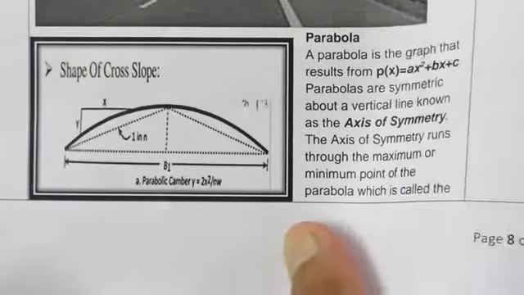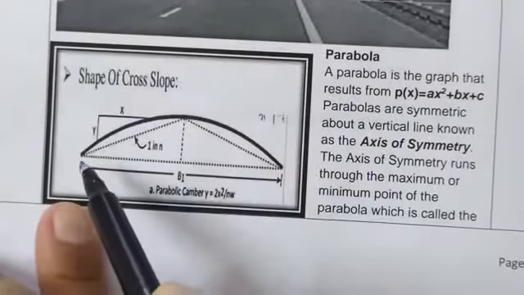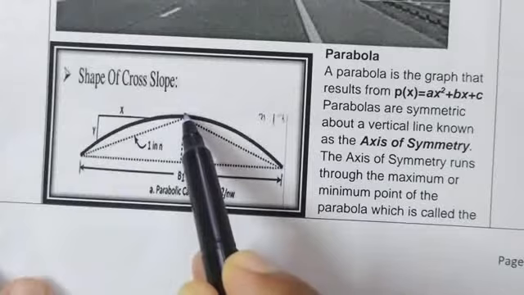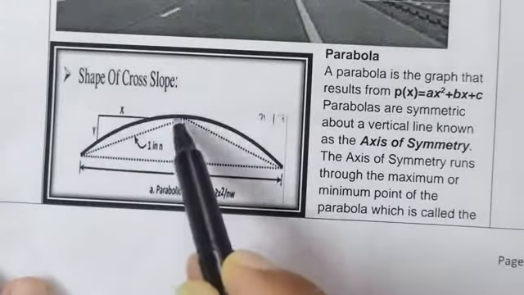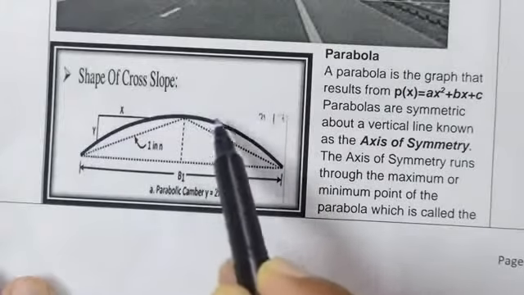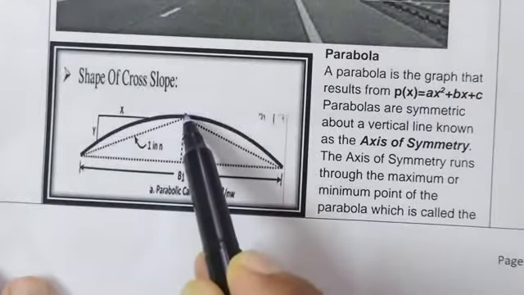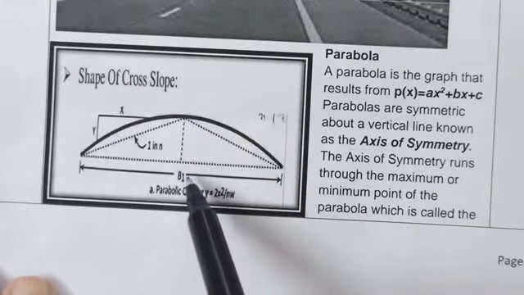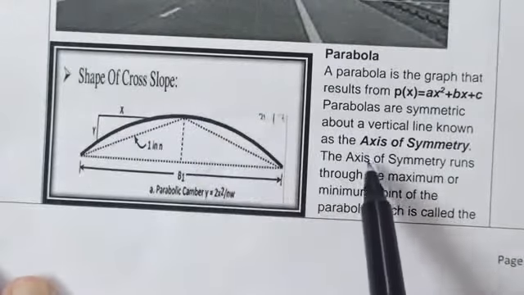So here a figure is also given. Here this is the parabola, right? And this is the vertex. This is the maximum point. This is called an upward parabola, and it has its maximum point here. This is called the vertex, and this vertical line is called the axis of symmetry.